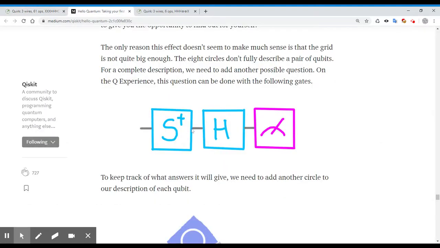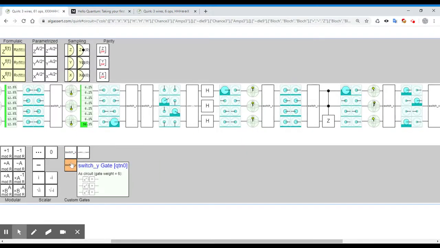So this is in Hadamard. Should be Hadamard in this. Hadamard in this. Switch Y back. Doesn't seem to work